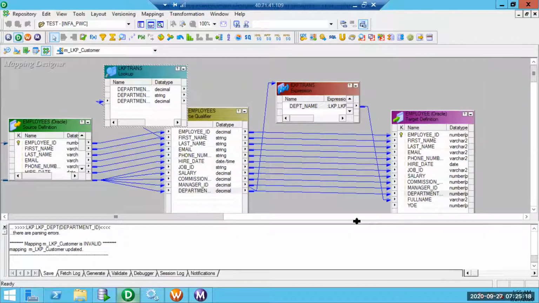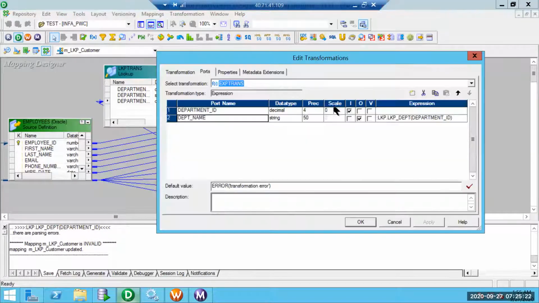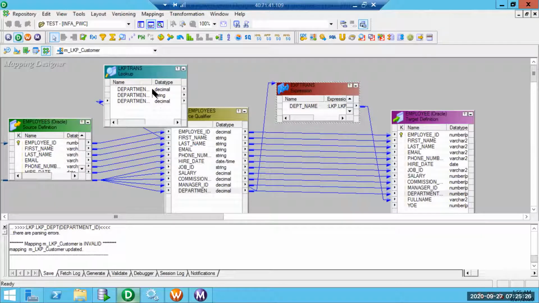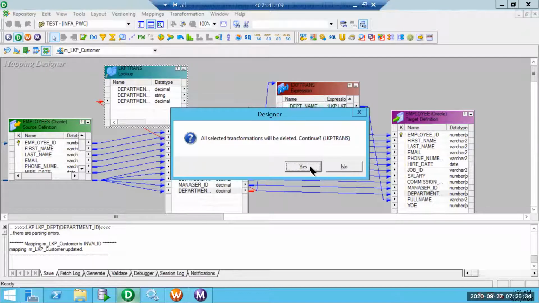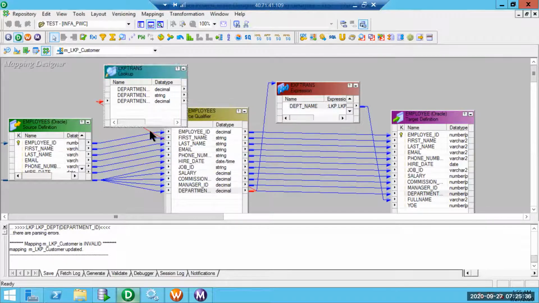Let's see what happens. Invalid. Same department ID I am passing. Okay, let me try to delete the link. Okay, just trying to delete the lookup. Still invalid.